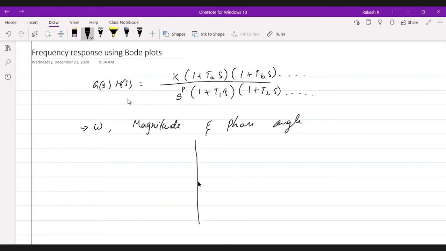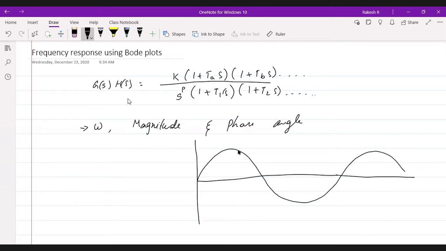If I write the sine wave like this, it will have some magnitude and it will be crossing the phase here, right? This is the magnitude, the peak whatever we measure, this will be the magnitude of the signal, and it is changing the angle here, right? From here to here it is 90 degrees, 180, 270 and 360. Like this, the system is changing its phase.